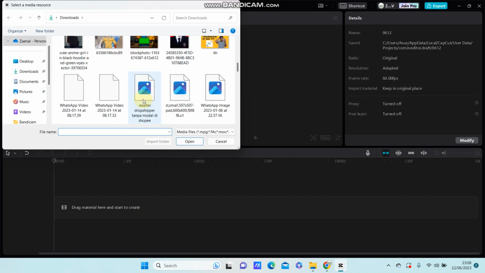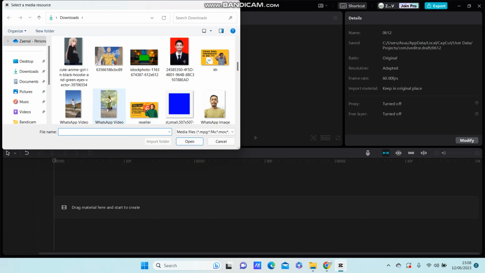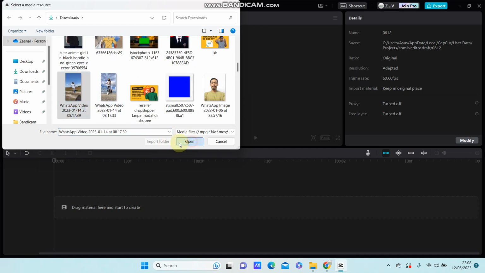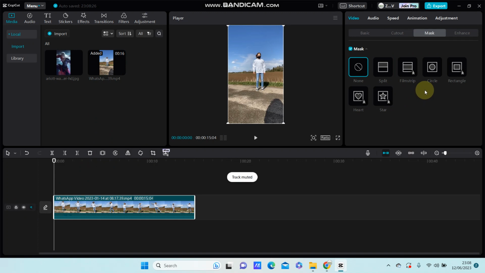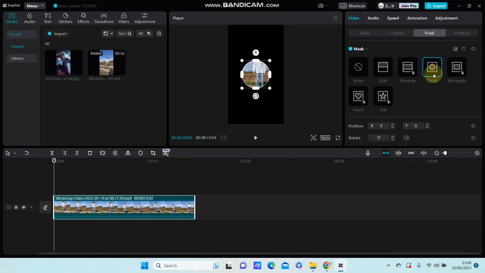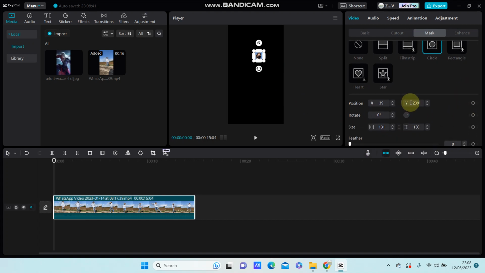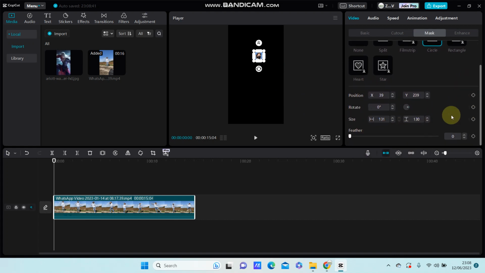So for example, I'm just going to add the video, the track. I'm just going to select the maze and select circle maze. So you can resize and select your object, and you can use the keyframe here. So just click on the keyframe and swipe to the right,